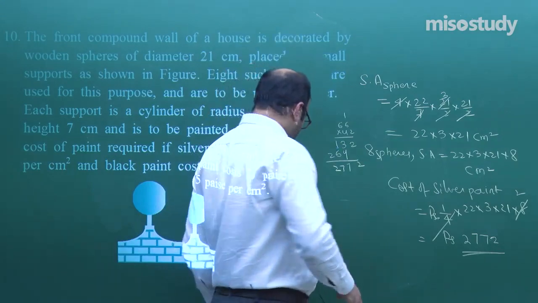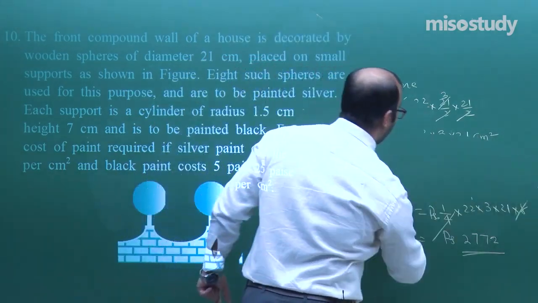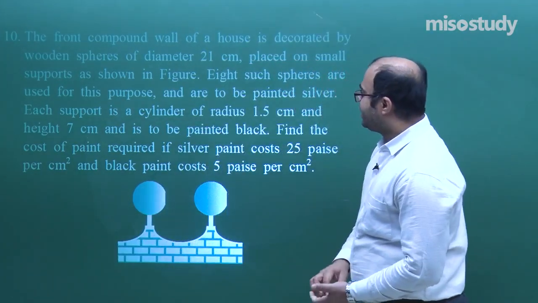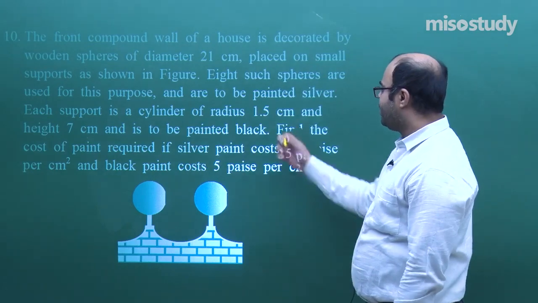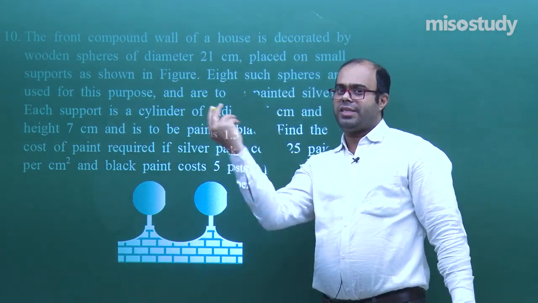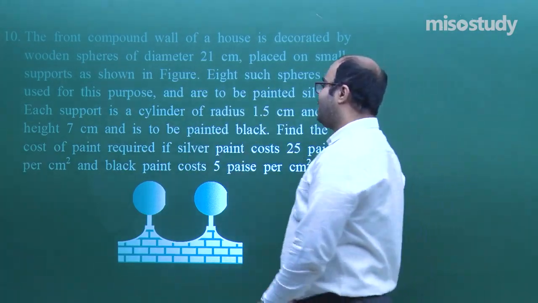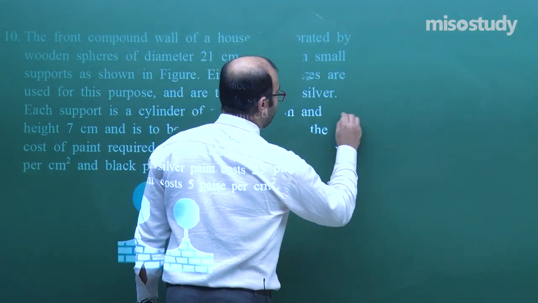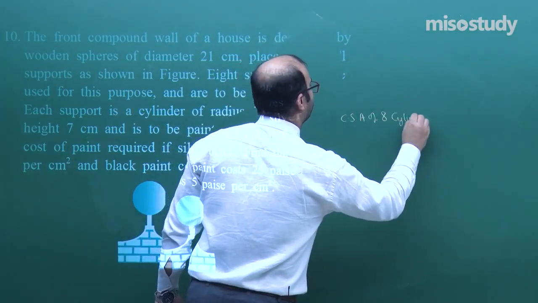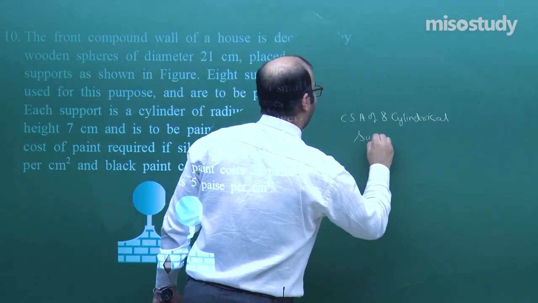Okay, students. Now, let us see for the cylindrical support, how much amount will be spent in that. So, it is given that height is 7 centimeter and radius is 1.5 centimeter. Since it will be painted on the curved surface area, we have to find the curved surface area first of the cylinder, and there are 8 cylinders. So, first the curved surface area of 8 cylindrical supports. So, 8 into